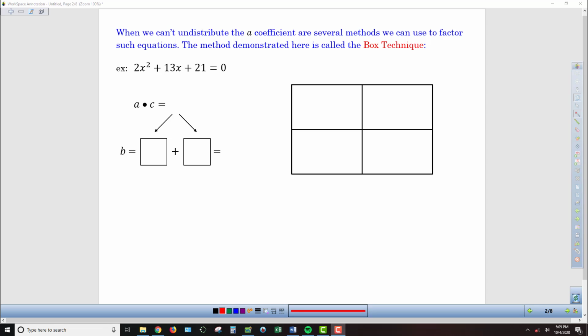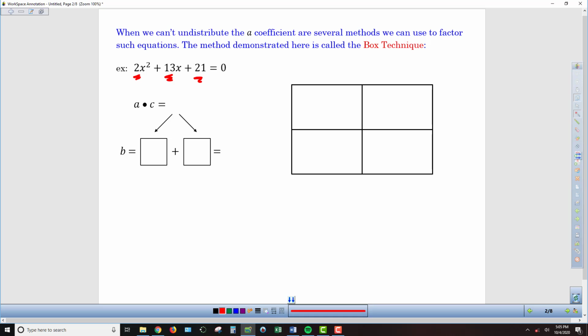In the previous video, we had examples where we were able to undistribute away the coefficient in front of the x squared. So then we were able to factor it just as a regular trinomial with x squared as the lead term. But now we are not so fortunate. As we can see quite clearly, not everything in the problem is divisible by 2. So we have no means of being able to undistribute the number in front, which means our factoring is much